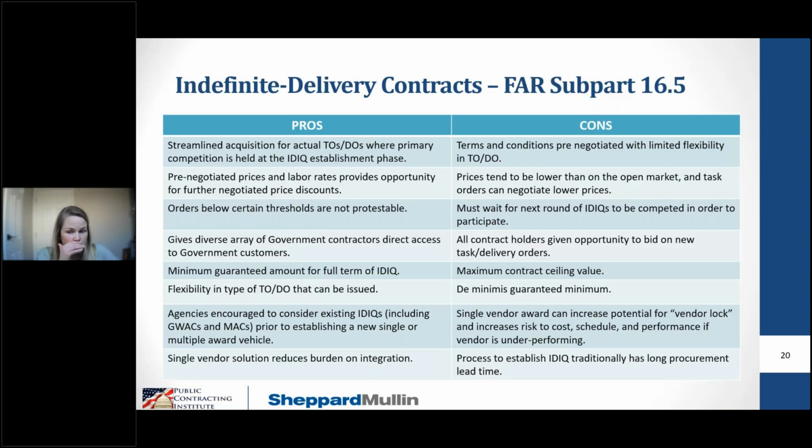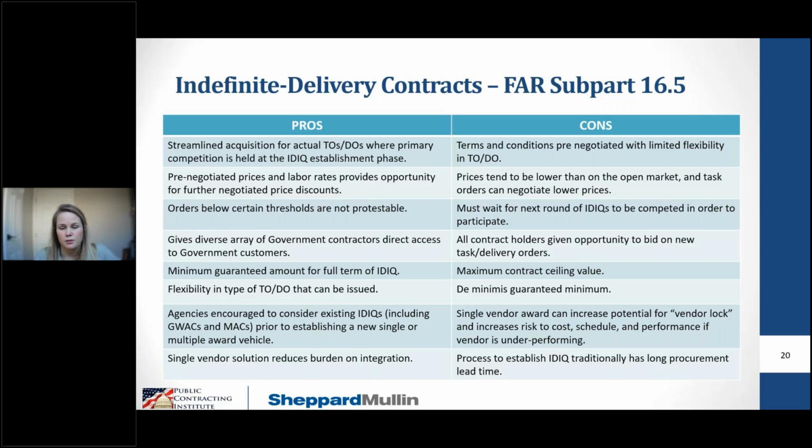Pros and cons. On the pros side, once you have an IDIQ, the process for actually issuing a task order is much more streamlined, right? Even when you have to give all holders the opportunity to respond to an order, the government doesn't have to go through the full FAR Part 15 process each time it wants to issue an order. Similar to the GSA schedules, once you have those pre-negotiated rates, the government benefit is they can sometimes negotiate further